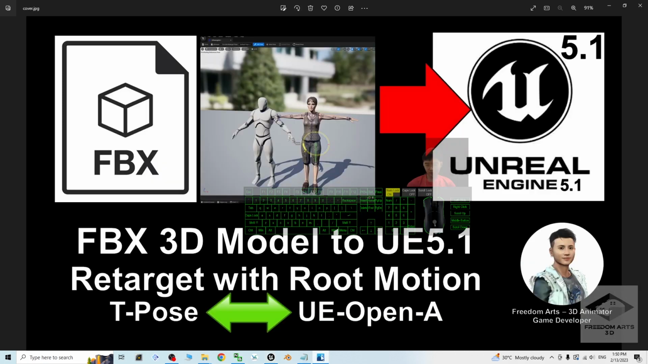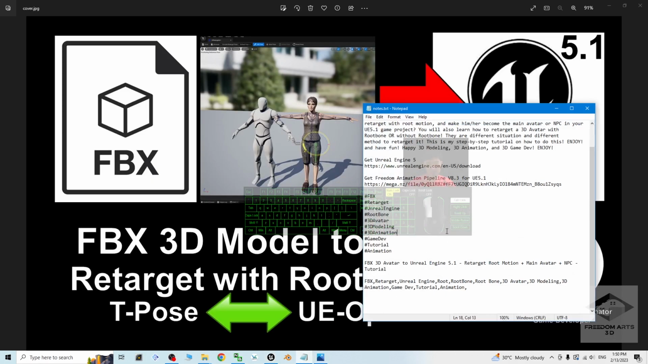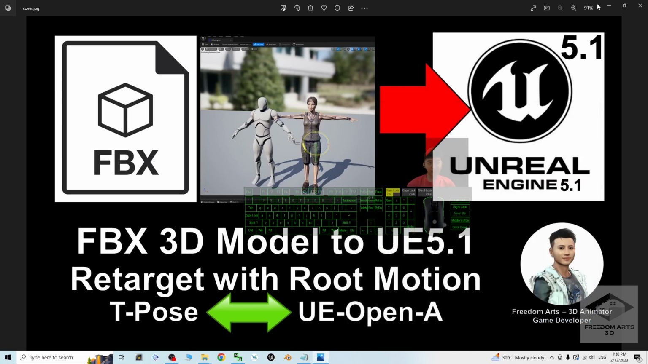First, what you're going to do is just go to my video description to get the Freedom Animation Pipeline version 3 for Unreal Engine 5.1. This is a zip folder. You have to download it into your computer and extract it. Get the Freedom Animation Pipeline version 3 for Unreal Engine 5.1. Next,